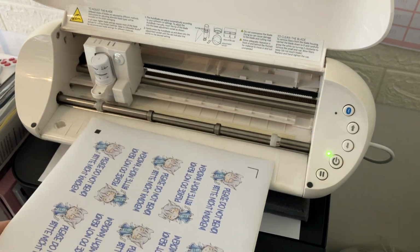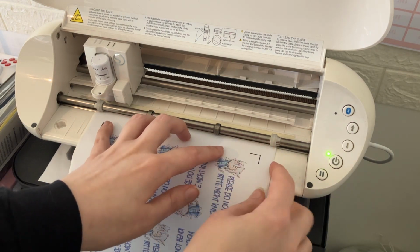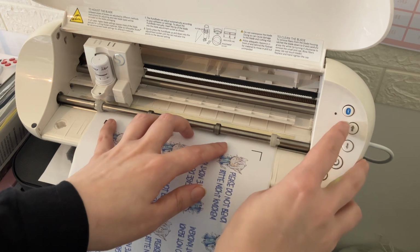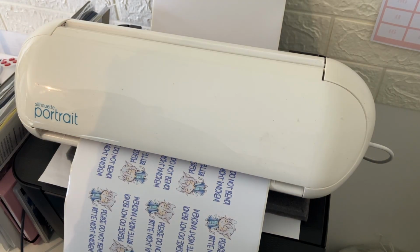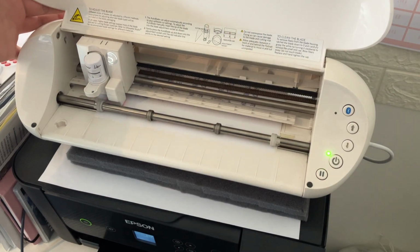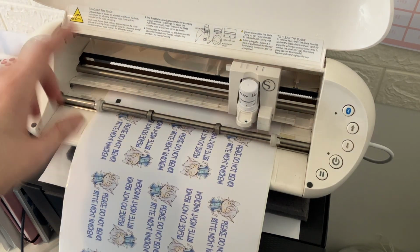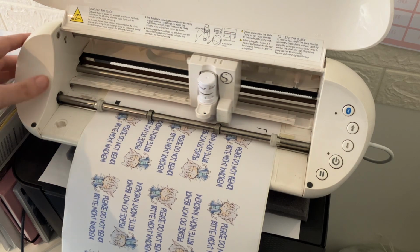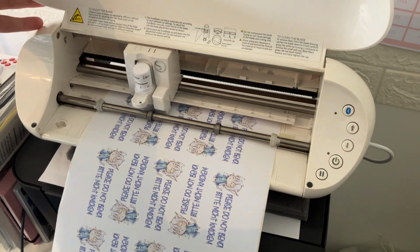I do not use a cutting mat, so I usually load the paper by itself, which this machine, for whatever reason, tends to prefer. There we go. Now we will choose the right cutting options. As you can see, yes, it does make a lot of noise, doesn't it? The machine is now reading the cutting marks, and as soon as it has done that, hopefully correctly, it will set the knife, and then